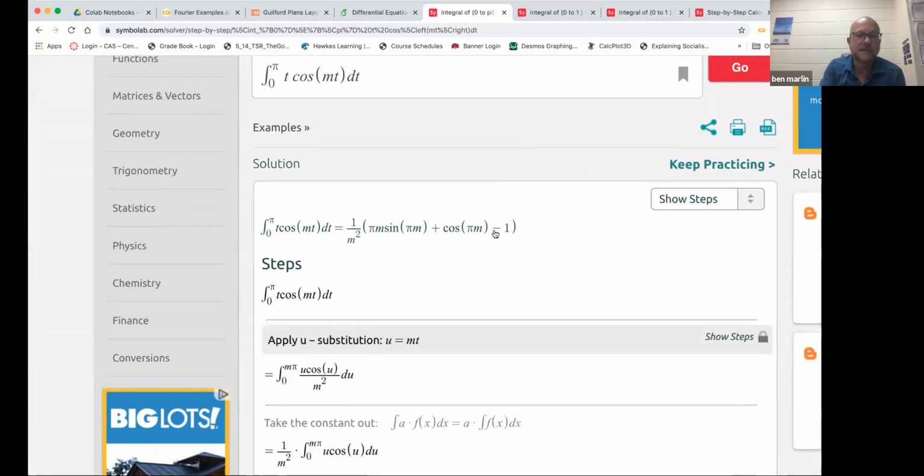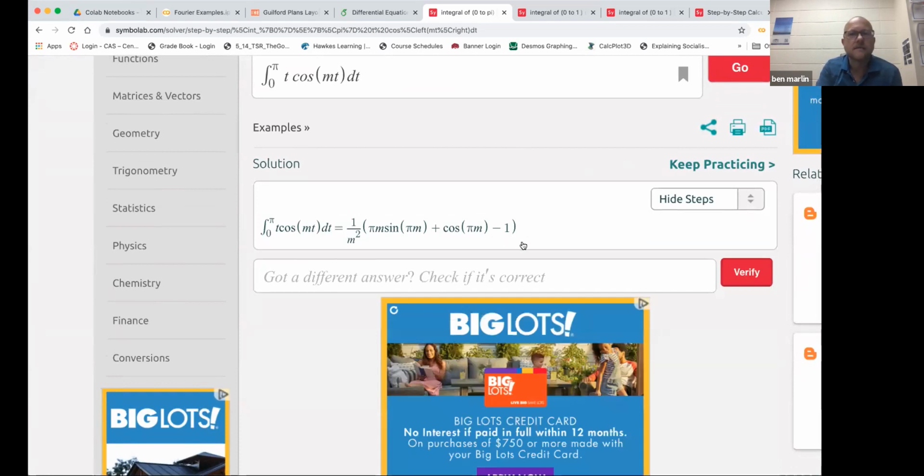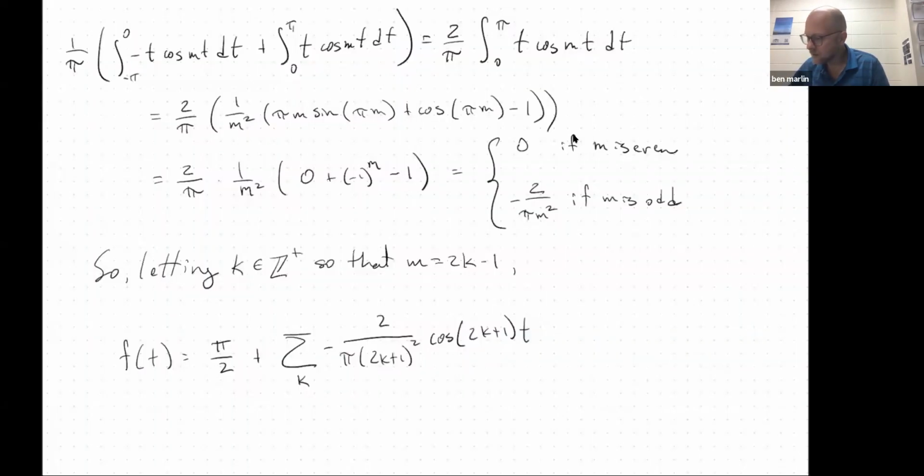Oh, wow, and it shows me the steps. That is so evil. All right, so this that we've got here, I need to go ahead and copy out. But I need to be smart about it because some of it is not going to be necessary, right? So stop share, reshare, mirror, there we go. Okay, so just copying across from my Symbolab, I got here m pi, sine of m pi,